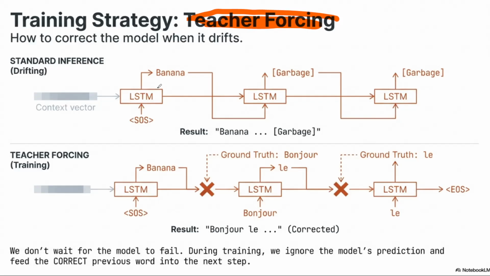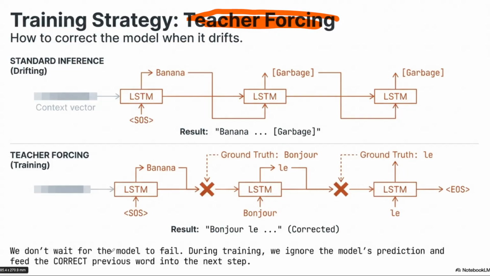Here, let's say after the first token that we input, that is start of sentence, instead of bonjour, the output was banana. What we do is, even though it predicted banana, we manually feed it bonjour in the next LSTM cell. This is what we call teacher forcing. So it doesn't matter what the previous LSTM made as a prediction or an output. In all cases, we will input the correct one in the next LSTM,